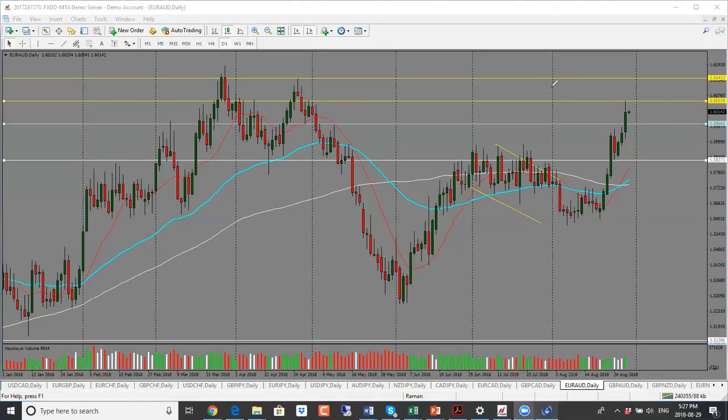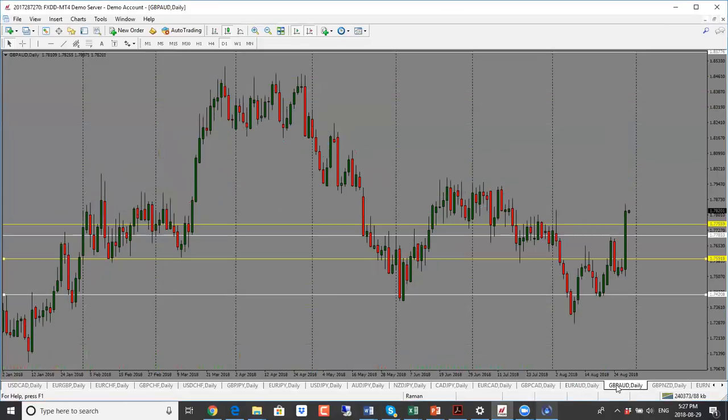So at this point, for this one, my base case scenario is price goes up, breaks through the level, comes back and backtests, and I'm looking for price to go up higher. So bias is bullish, as is supported by the volume down here that has turned green as well now. So bias is bullish for Euro Aussie. But because we are into an important resistance level, be careful with this one, because as we can see, price did react at this level several times. So overall bias is to the upside for Euro Aussie.